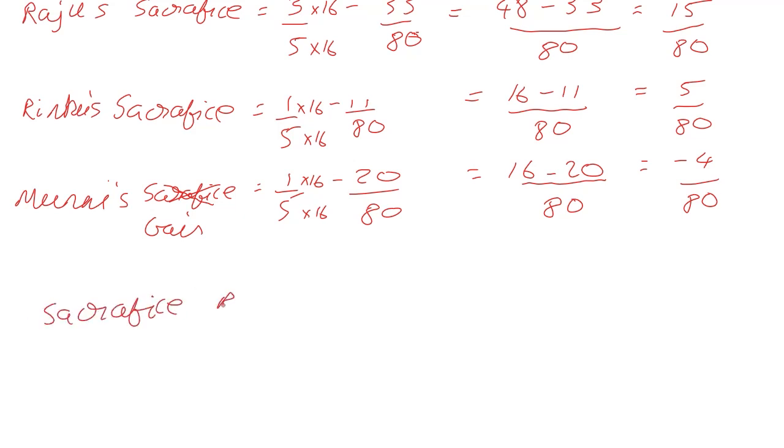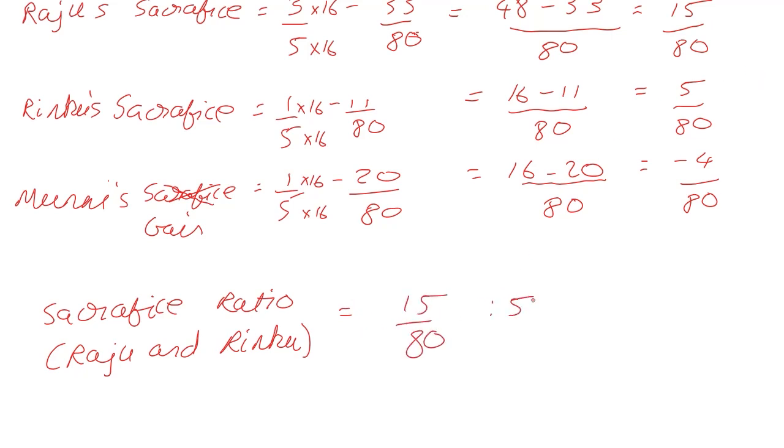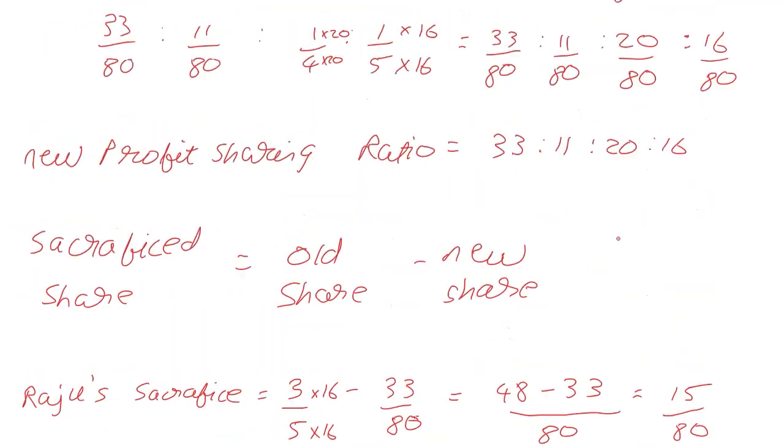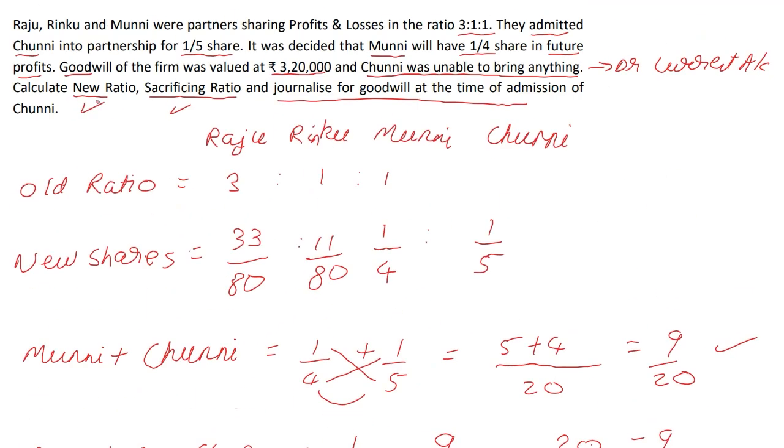Sacrifice ratio for Raju. Okay. And in brackets, if you want, you can write Raju and Rinku. Rinku is equal to 15 by 80 and 5 by 80. Okay, so 15 by 80 is to 5 by 80. 80 will get cancelled. 5 ones are 5, 5 threes are 15, and your answer is 3 is to 1. Now, going back up here, new ratio done,